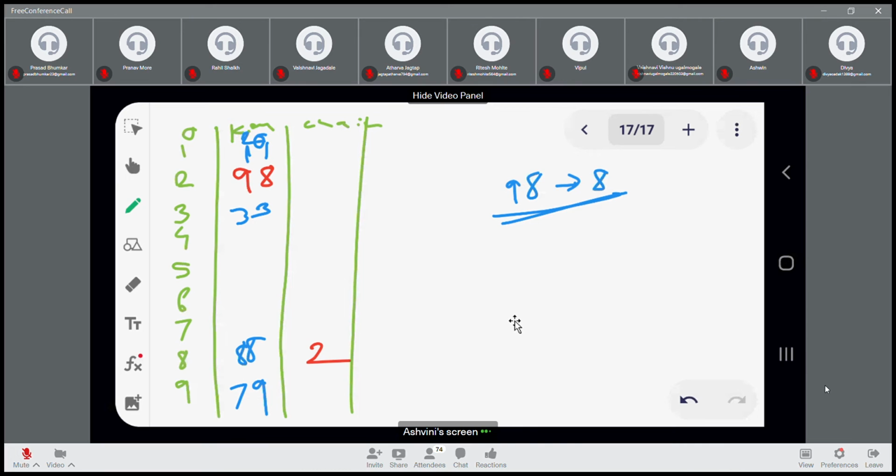Is it correct? Yes, ma'am. Now the next number after 98 is 44. So you can directly place 44 at index 4. After 44, 68. Now again for 68, we need to search for the next empty position because according to